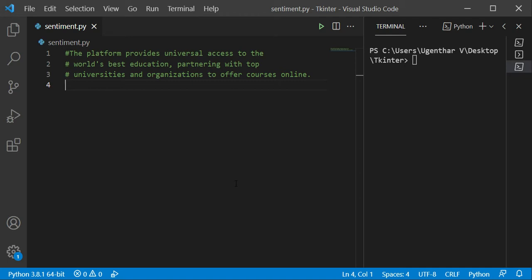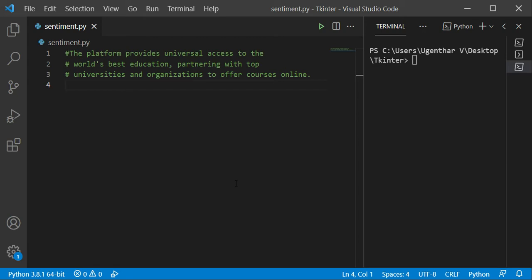Therefore, there will be three storages. If the review given by the customer is positive, then that particular message will be stored in a positive storage. If the review is negative, then the message will be stored in a separate storage called negative storage. If it is neutral, then it will be stored in the third storage called neutral storage. This way, you can improve your restaurant business. This is the basic usage.